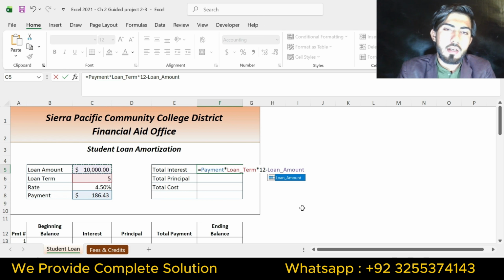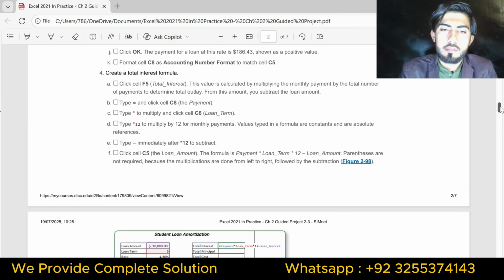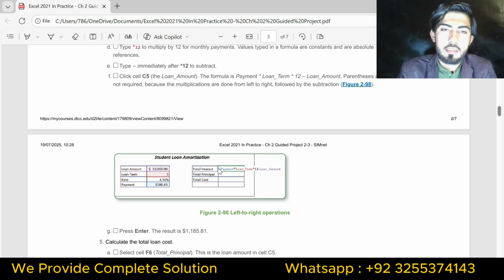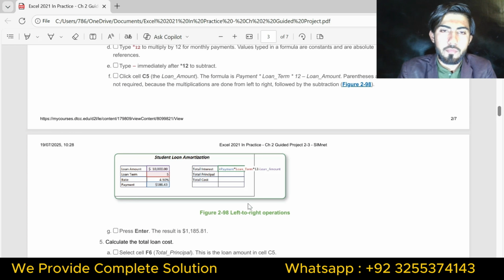This is cell C5. So this figure is showing the formulas. Okay, equal payment multiply loan term multiply 12 minus loan amount. Okay, you can verify this.